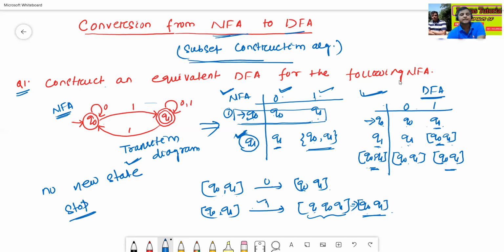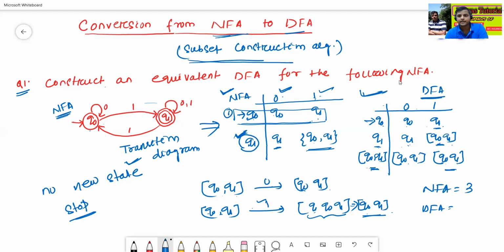See here, initially the NFA contains 2 states. After conversion from NFA to DFA, how many states does my DFA contain?